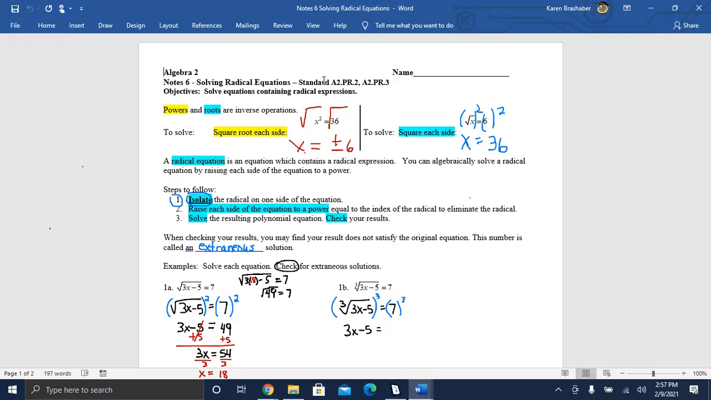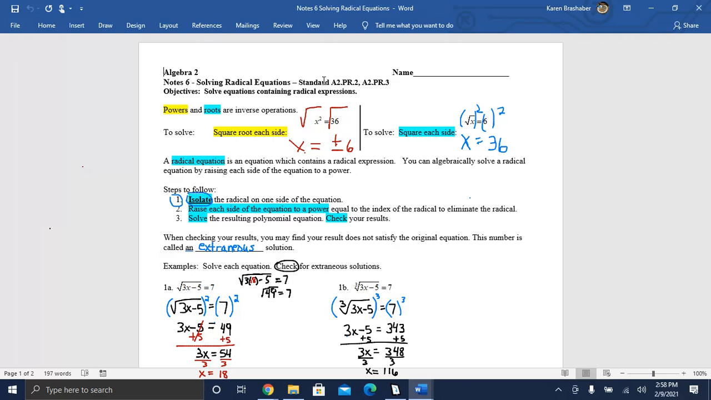Now, this time, it's not 7 times 3 either. It's 7 times 7 times 7. You may need a calculator for that, but that's 343. And then we can add 5 to both sides, giving us 3x equals 348. And then dividing both sides by 3, we get x equals